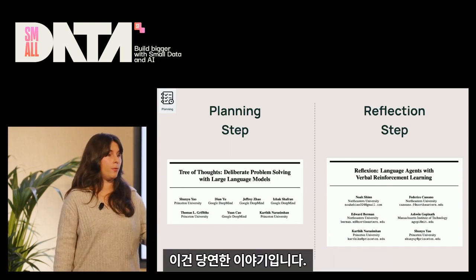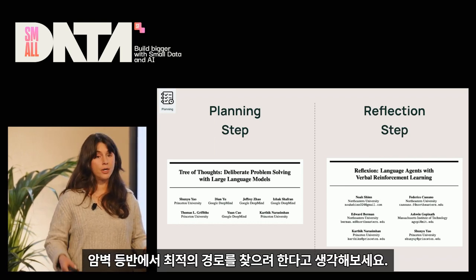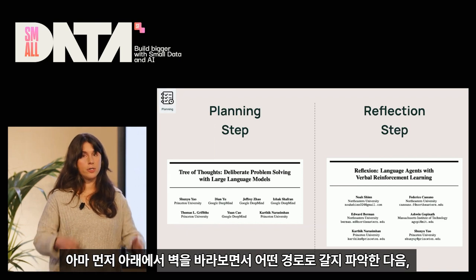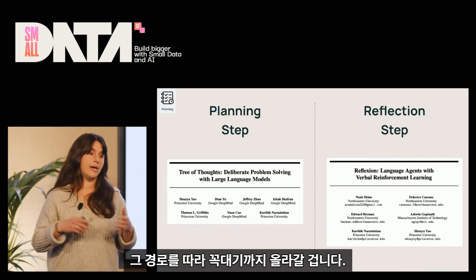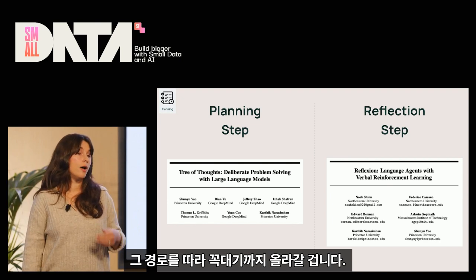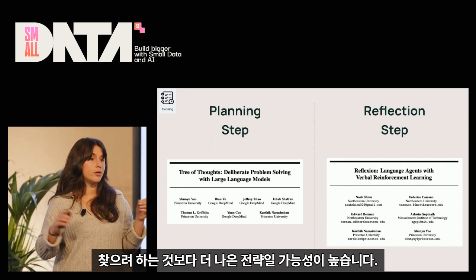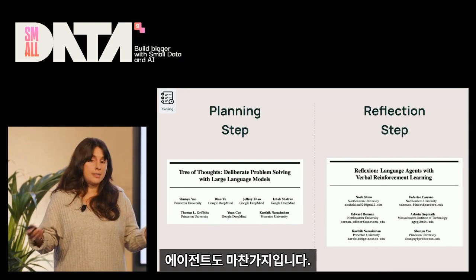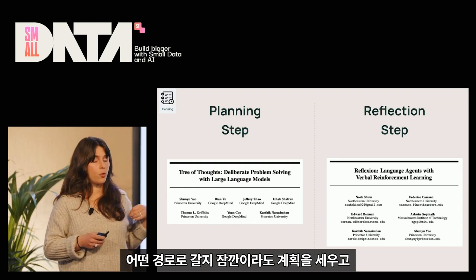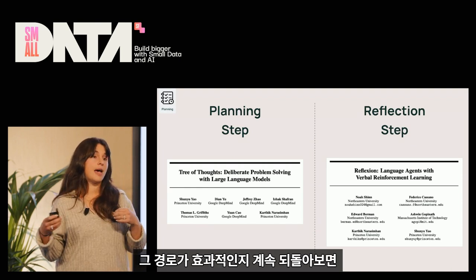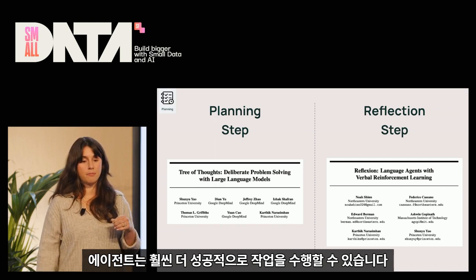And that makes sense. If you were going to try to find the best route up a rock climbing wall, you likely will stand on the ground first, figure out what potential paths you might take, and then go execute on that route to get to the top of the rock climbing wall. That's likely a better strategy than just stepping onto the wall and iteratively trying to find your way up. And it's the same thing with agents. If you first take a moment to plan which route you're going to take and reflect constantly on if that path is working, agents can accomplish tasks much more successfully.